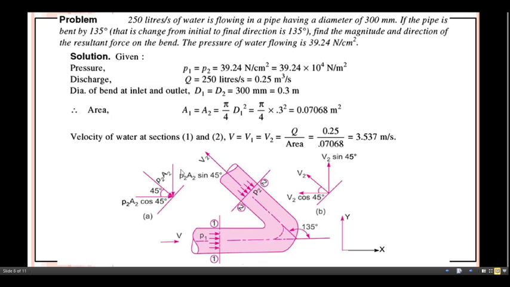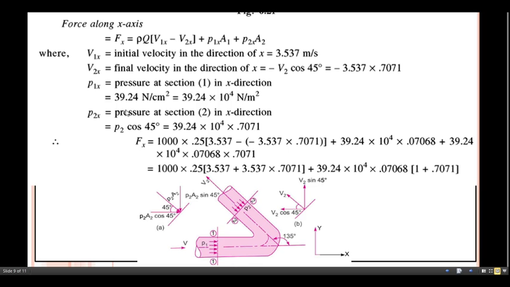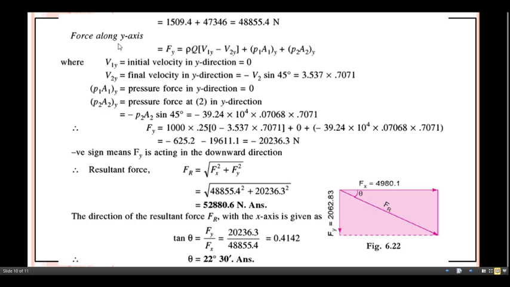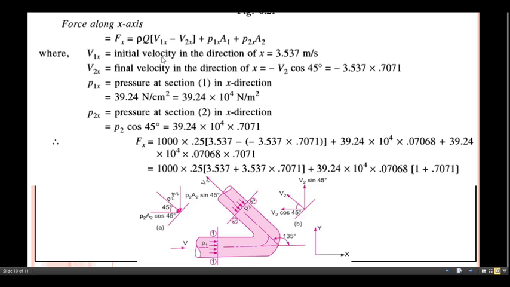So once the resolution of all the forces is done, now just develop this relation for the summation of all the horizontal forces as well as the summation of all the vertical forces. Now here in this case, the force acting along the x-axis is nothing but Fx. So ρQ into, what does this indicate? This is the velocity corresponding to this section number 1, V1